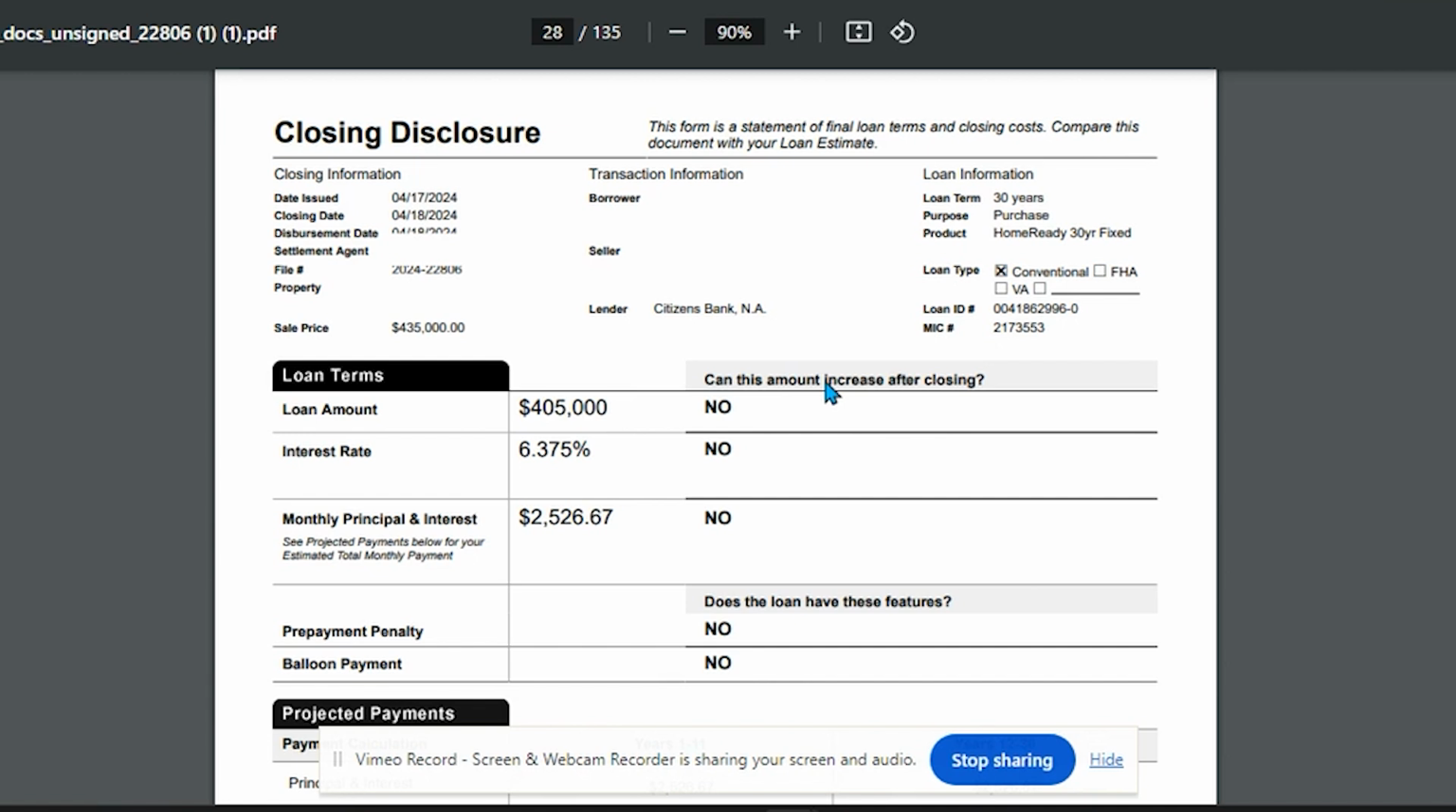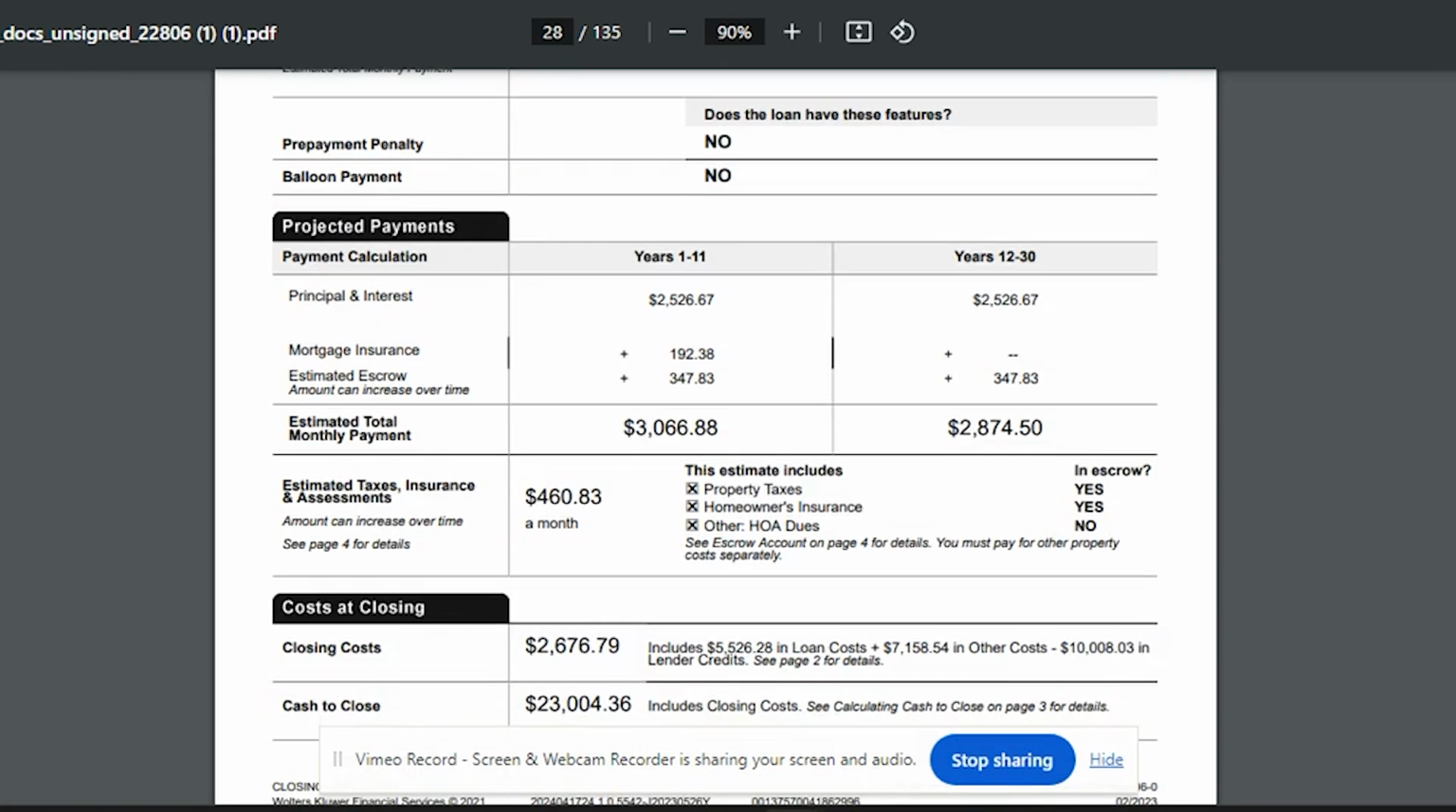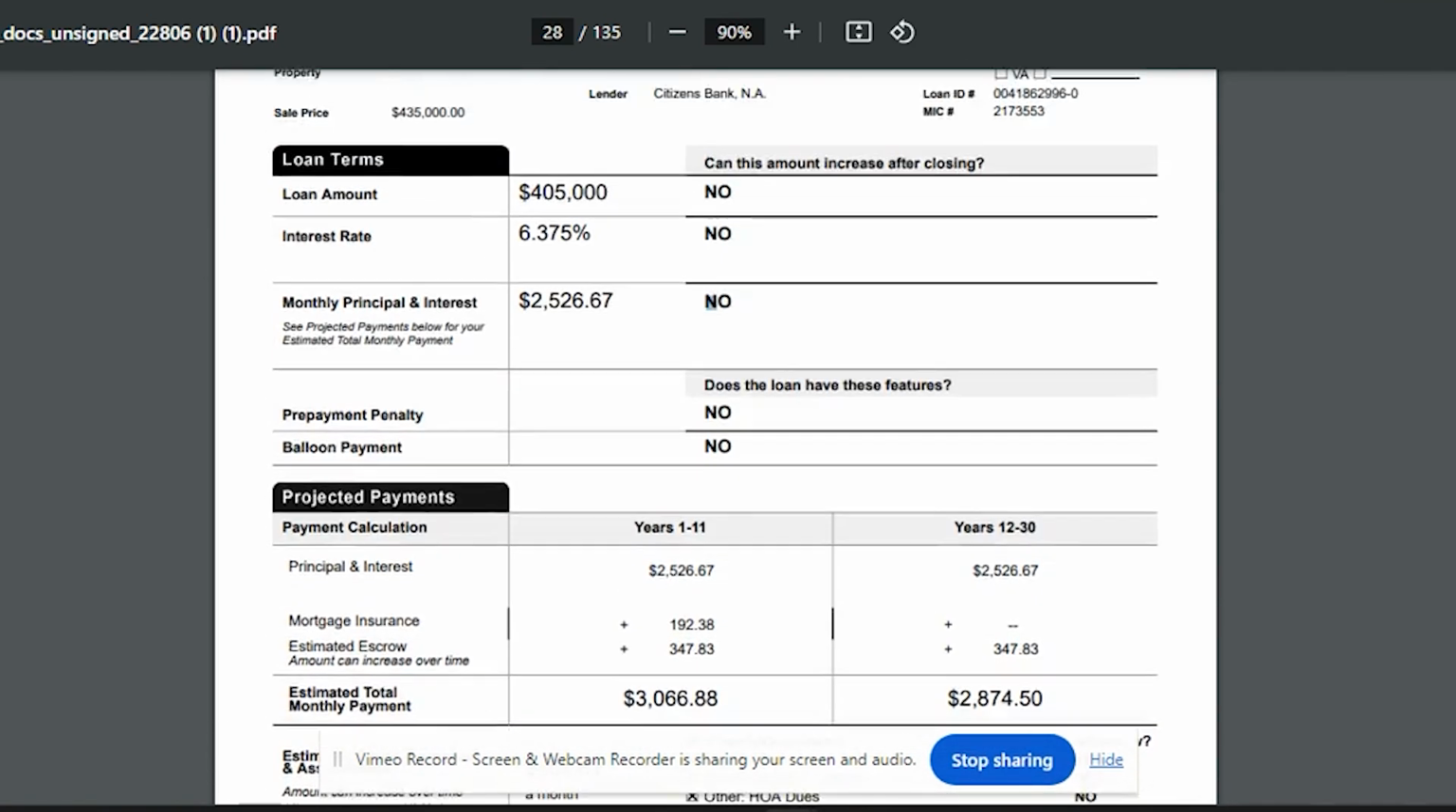So again, this is where I point to your loan amount, $405,000. Interest rate is 6.375. Principal and interest that you owe the bank every month, $2,526.67. There's no prepayment penalty, and there's no balloon payment. And up top, in the right-hand column, it is a 30-year fixed conventional loan. And then I'll scroll to the bottom of page 1. And as you can see, in this case,